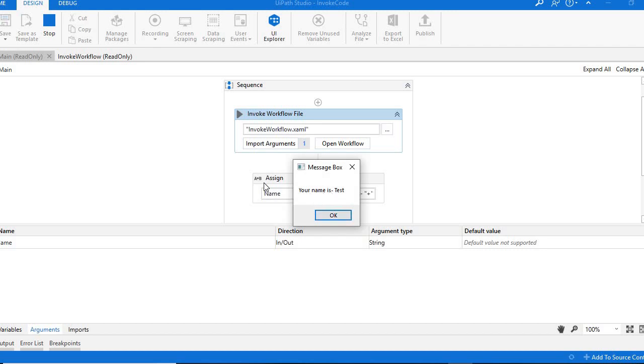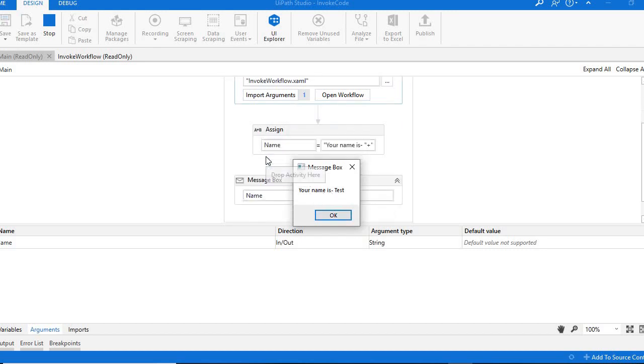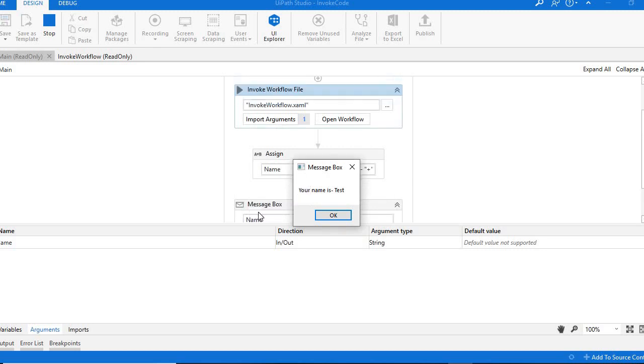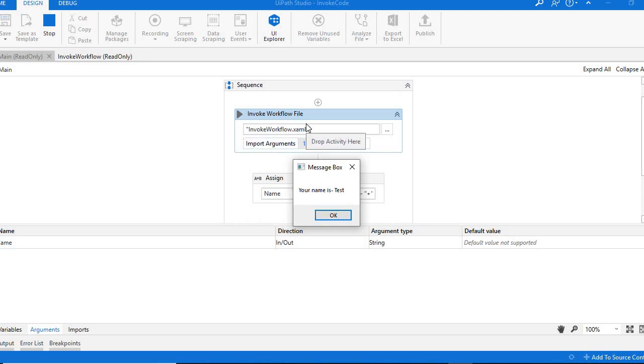This message is coming from this assign variable. Your name is, and this message box I have put it. So by this process you can use invoke workflow and use any workflow in your main workflow, means make a connection with any workflow with your main workflow with the help of import arguments.